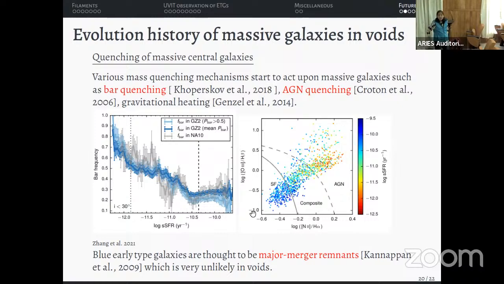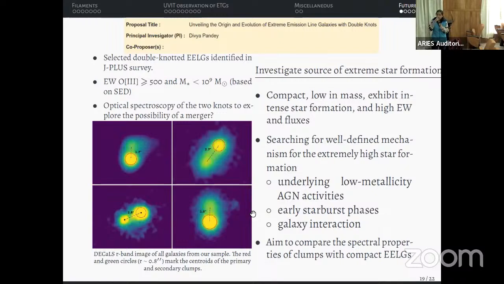So I'll talk about bar quenching first. A bar gives rise to a non-axisymmetric potential. So that means that the gas in the system, in the galaxy, it tends to, in the bar,